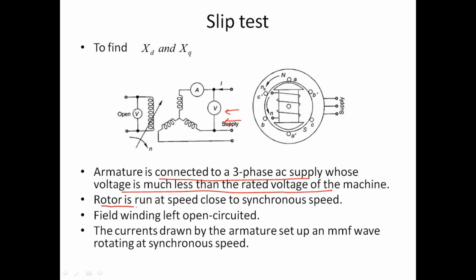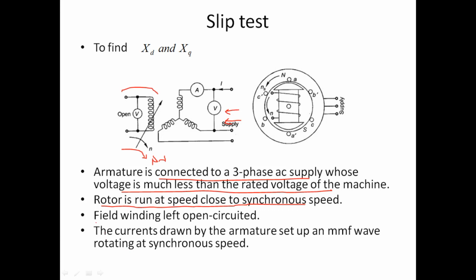That is the second point we have to note. And the third point is, here the rotor is run at a speed close to the synchronous speed, not at synchronous speed. So this rotor circuit is rotating at a speed Nr. Usually the rotor speed will be equal to Ns, but here it is not equal to Ns, it is less than Ns, very close to synchronous speed. That is another difference.